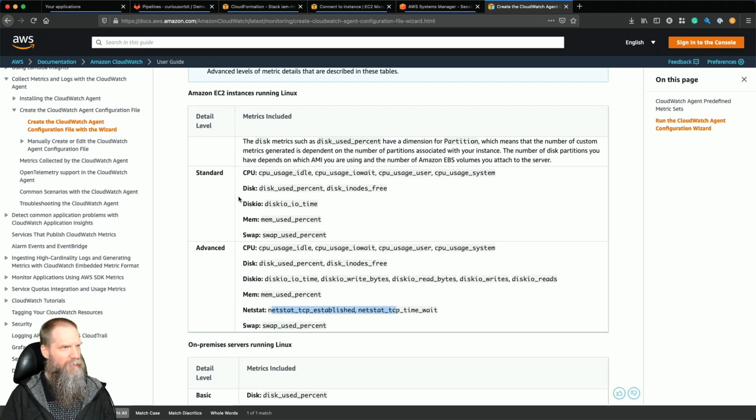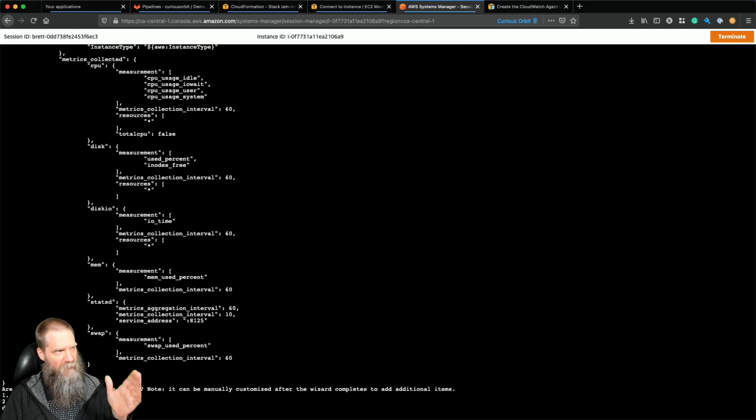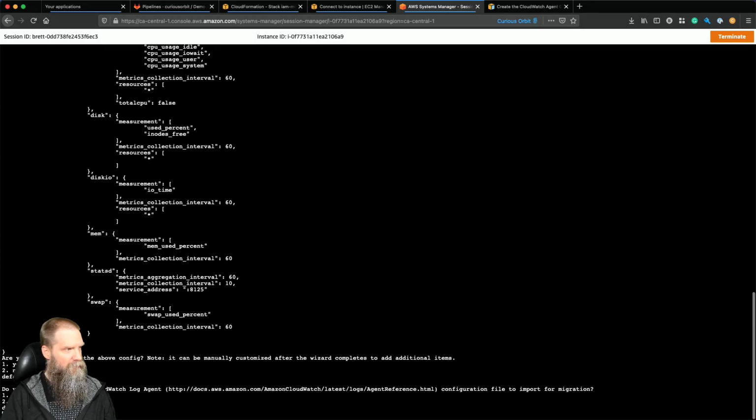So let's just do standard, right? Because most of this we might be able to get just from built-in CloudWatch. So we'll say standard instead of advanced. Okay, so standard. This is the config file that it's going to create. Looks great to me. And then we can go ahead now and say, do we want to, oh, sorry, I'm